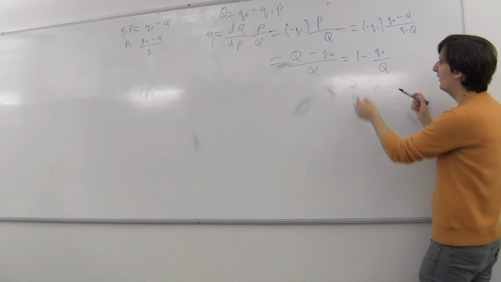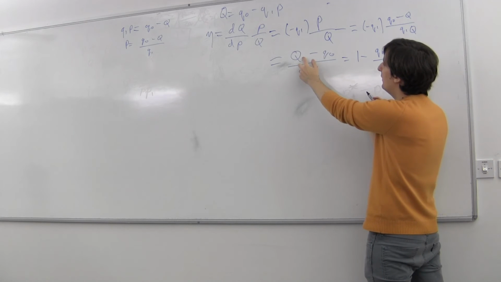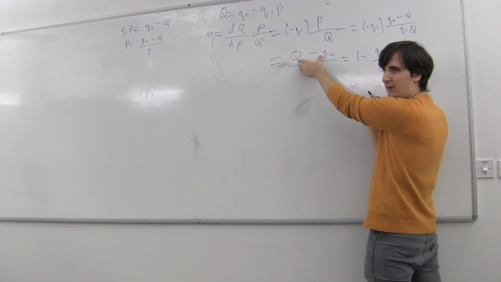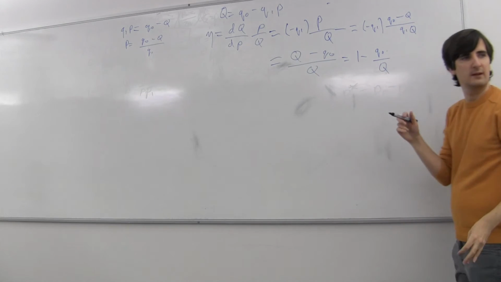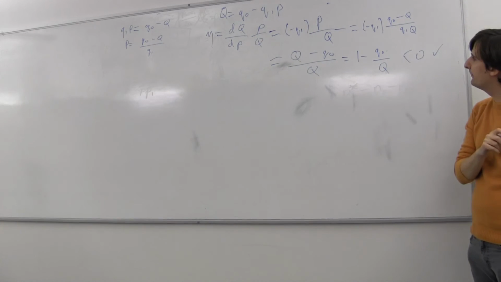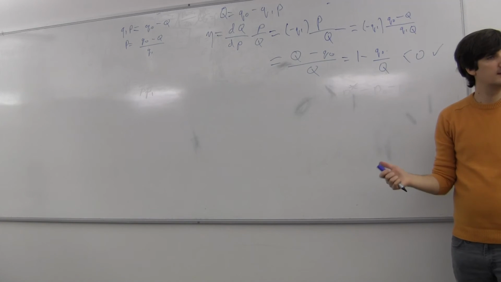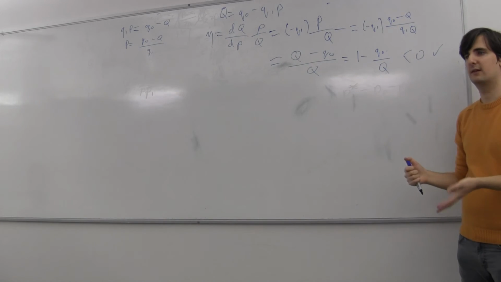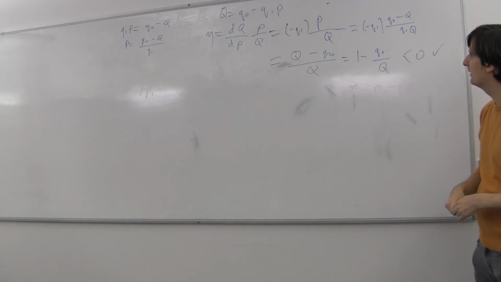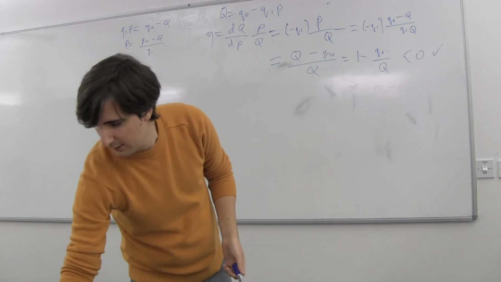Or it's maybe easier to see from this expression, right? Q is less than Q0, therefore this bit's negative. So the elasticity is negative. We're happy with that. So for what quantities is it going to be elastic? For what quantities is it going to be inelastic? Okay, so it's elastic when